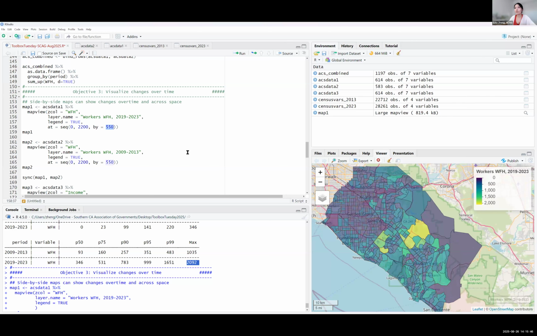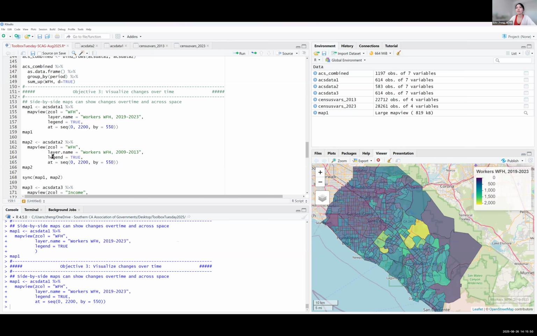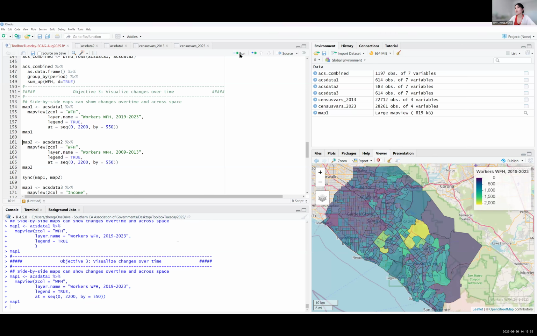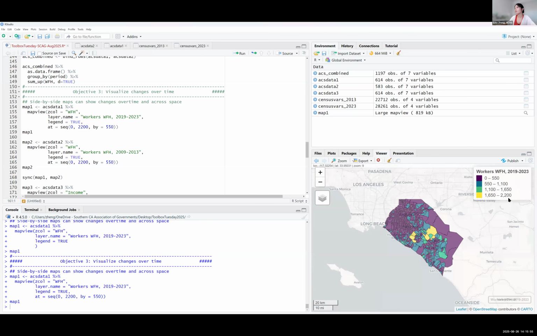So that will capture everything. And let's do that again and look at map 1 again. Yeah. So this time it gives you a slightly different view.